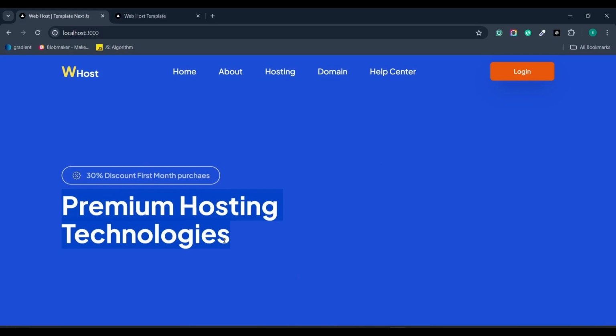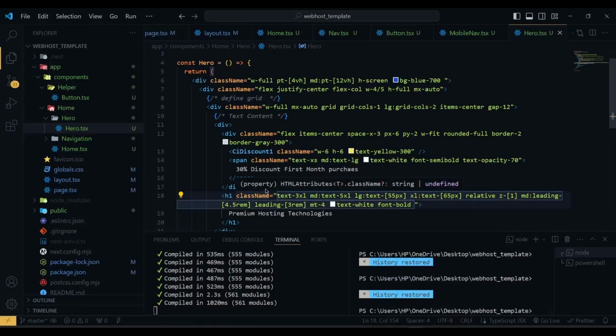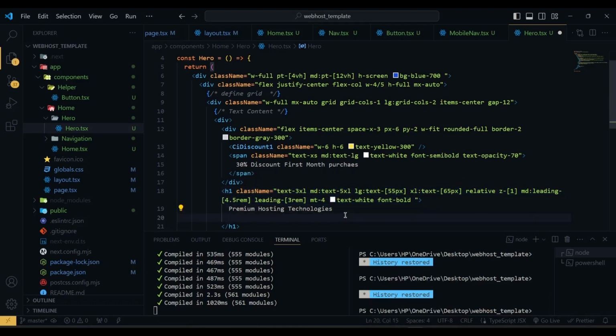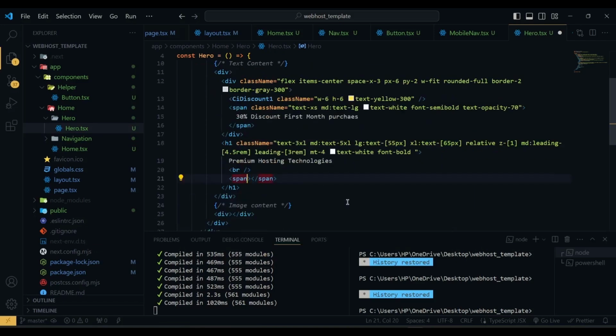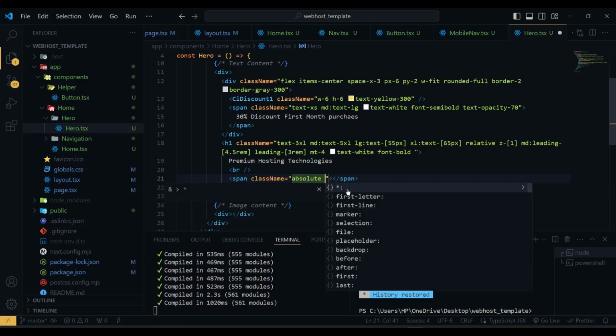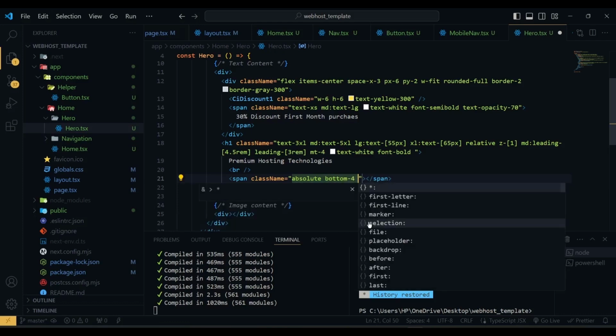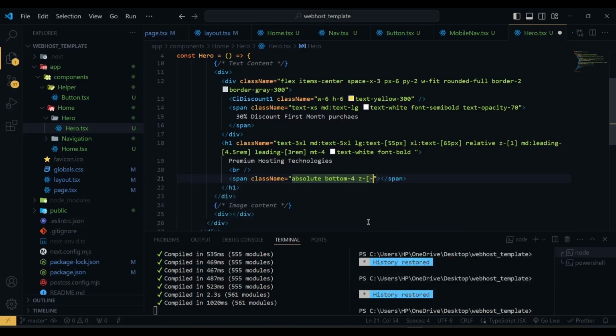So after the H1, here we have a break tag, and then we have a span, and the span has a class name of absolute, then bottom will be 4, z will be -1,